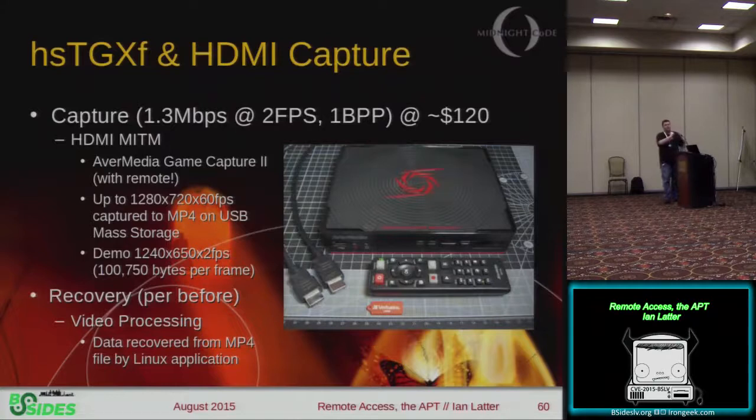Same box, the AVA media gives me 1.3 megabits per second at 2 frames per second with 1 bit per pixel. So black or white, it's either on or it's off. I'm doing a 1280 by 720 by 60 frames per second capture. This box doesn't run anywhere near that fast, and you'll see that in a sec. 100 kilobytes per frame now